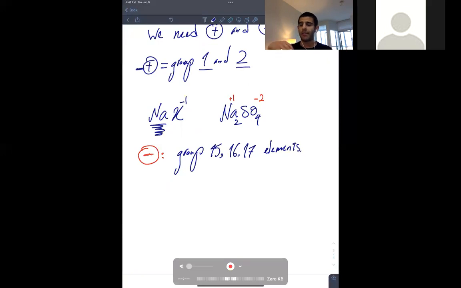So again, I told you F is usually -1, and S, or the group 16, they're usually -2. Well, this guy happens to be -2. You're like, how do you know this is the guy that actually holds the charge? Actually, it's not. This is the overall compound, but that's for another day when we start doing Lewis structures. And you'll see how easy it is to do those questions. The chirp method for Lewis structure is very long and I don't believe in it. I don't use it at all. I have my own method, which is a lot faster. So anyways,